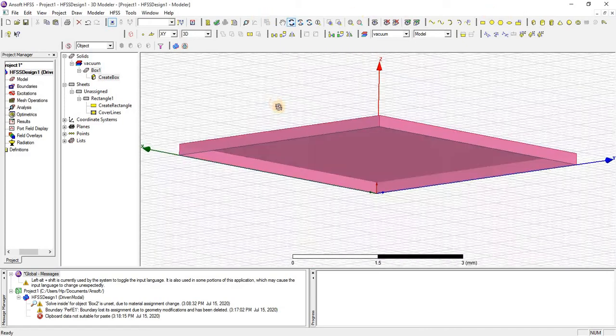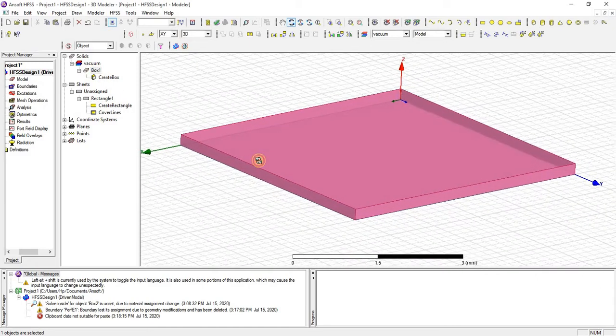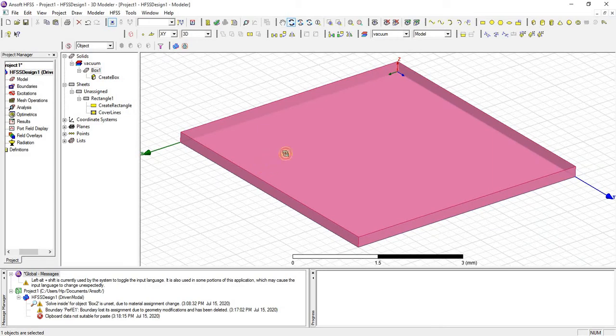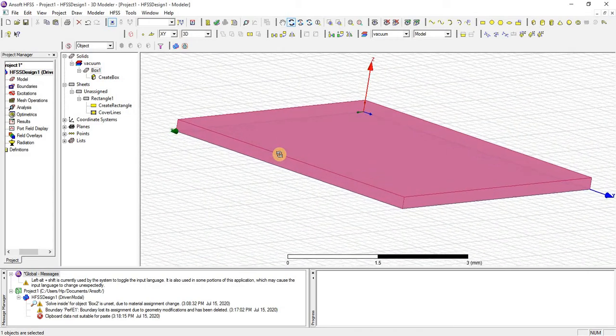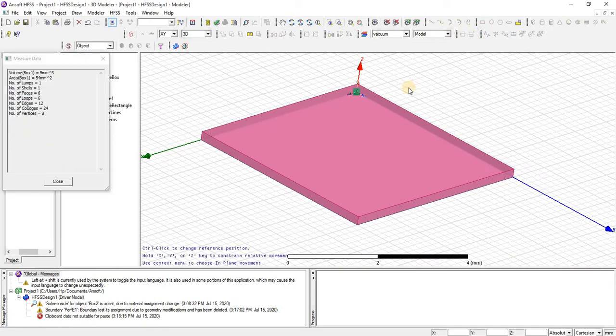Just rotate it and you can see that the ground lies on the bottom side, and on top of the ground there will be a substrate, and on top of the substrate there will be a radiating patch. The patch is also a 2D object.